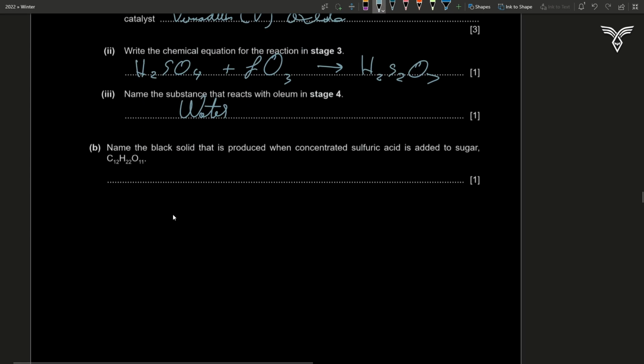طيب part B. Name the black solid that is produced when concentrated sulfuric acid is added to sugar. طيب ايه اللي بيحصل؟ reaction ده is a dehydration reaction. يعني ايه dehydration reaction؟ يعني بياخد كل forms of H2O او الووتر اللي في الكومباوند اللي عندك ويقوم ايه ضرب الموليكيول كلها بالقلم، يشيل كل الهيدروجينز كل الاكسجينز in this specific case ويسيب لك بس الكربونز لوحدها. يعني انا ايه ال H2SO4